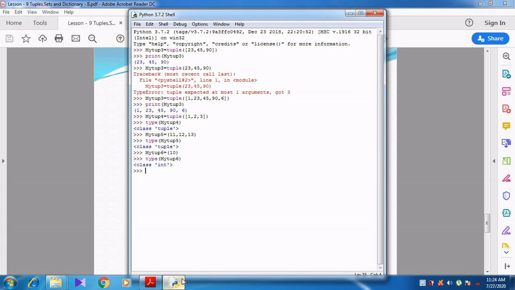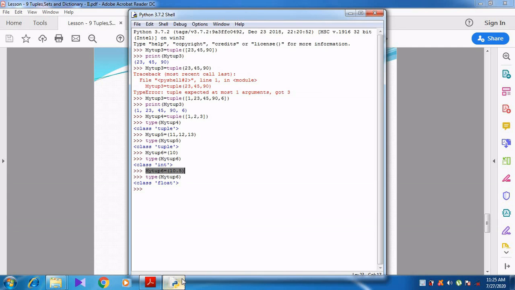It shows it belongs to integer. For example, instead of 10, if I give 10.5 and use the same type function, type of myTuple6, now it shows class float. Is it right or not? Now it shows class float.